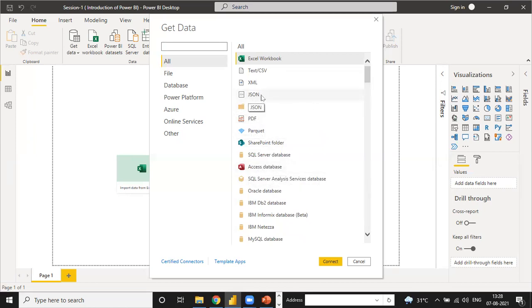JSON folder, JSON, XML, text, and CSV files can also be connected, and you can pull out a report not only from one source. You can directly pull out the report from multiple sources together. Suppose you have five raw data files: one in Excel, one in text, one in XML, one JSON, and one PDF.